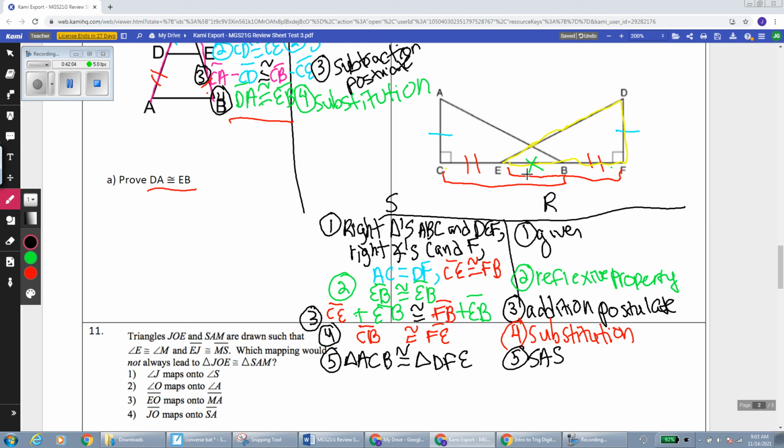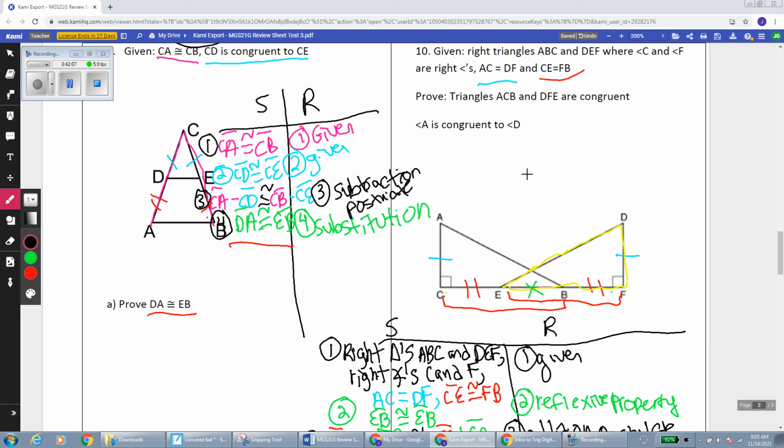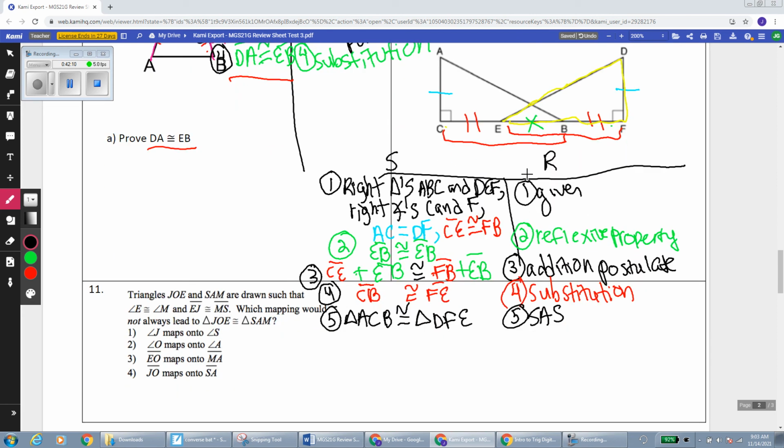Okay. And here we have one more thing to prove, and that's to prove that angle A is congruent to angle D. So notice how angle A and angle D are in the same spots of the two triangles. They're both at the top of the two triangles in the same position. So we call those corresponding angles of the two triangles. Remember, once we already know that triangles are congruent, all of their corresponding parts, meaning all of their corresponding sides and all of their corresponding angles, we also know are congruent because the whole triangles themselves are congruent. So we can say that angle A is congruent to angle D